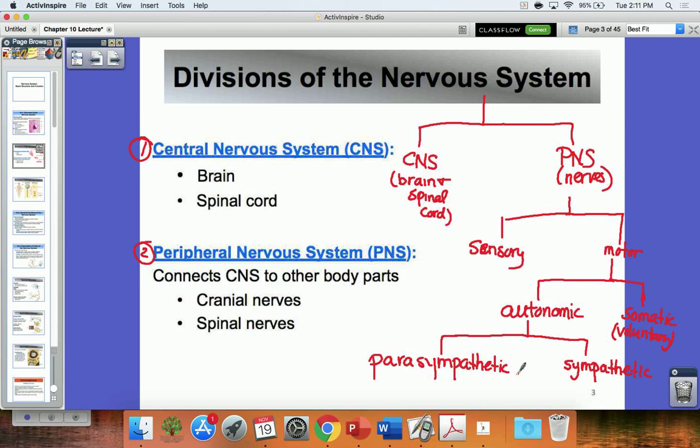And the sympathetic nervous system is going to be fight or flight. This is what's going to speed up the heart rate. And then parasympathetic is going to be more of what we call rest and digest,